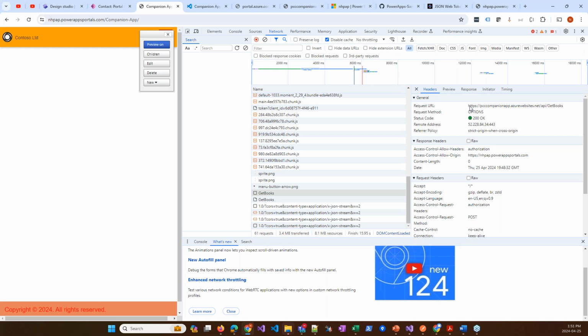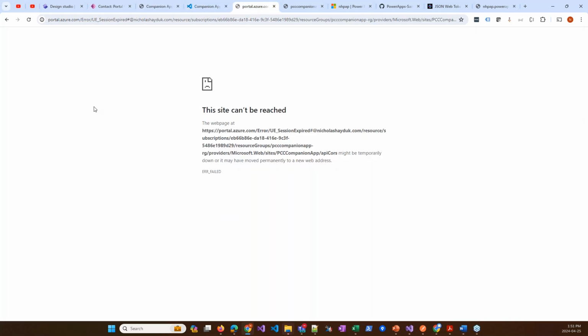CORS, C-O-R-S, cross-origin resource sharing. So the way it works is that when you ask your browser to make a request to a different domain, the first thing it's going to do is ask that domain, am I allowed to do this? So it's not about the domain that you're on, it's about the domain that you're asking information from. That other domain gets to decide whether you're allowed to call it from a different domain. So you can see here that this returned a 200 OK, because if I go into my Azure portal,